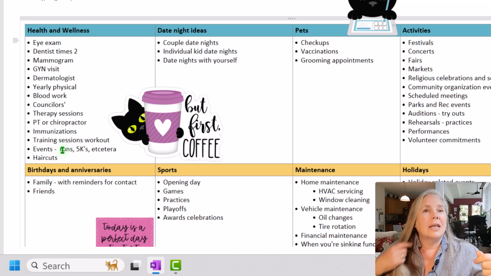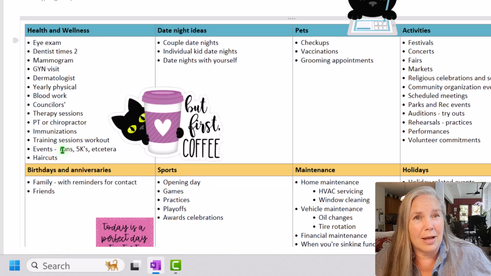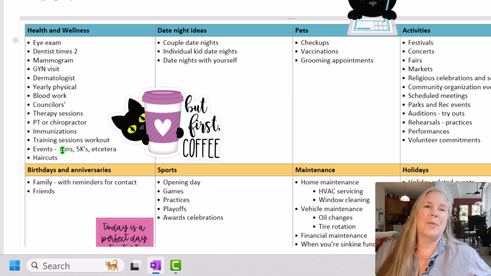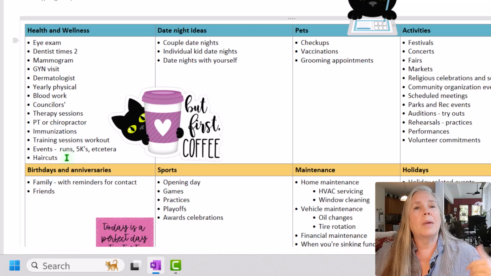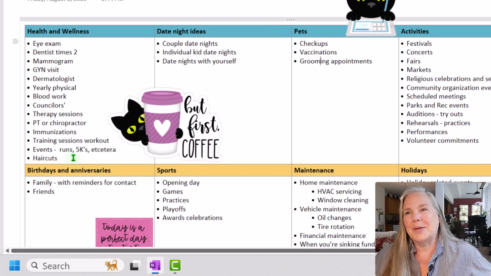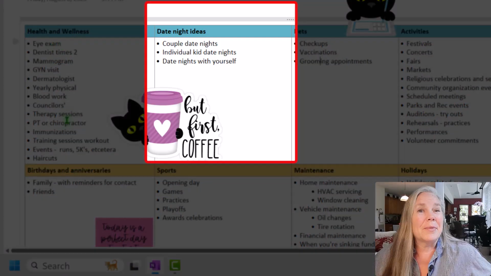And not me, but there are lots of people out there who do get a haircut now and then. So you might want to schedule your hair appointments or your nail appointments or spa or whatever it is you do. You might have a masseuse that you see regularly, that kind of thing. You might want to go ahead and schedule some of those things out, okay? All right, so that was my first thing.